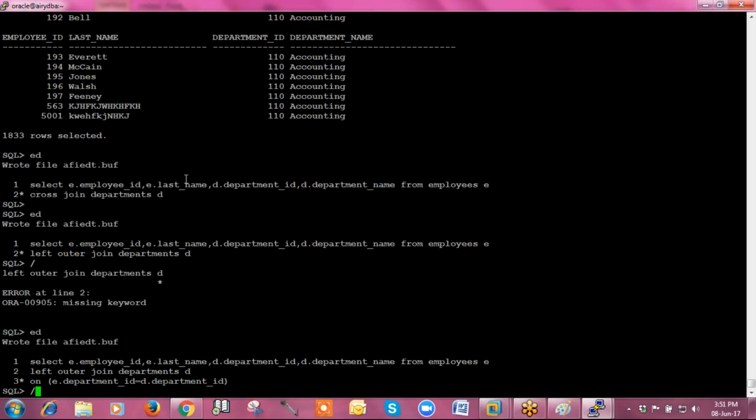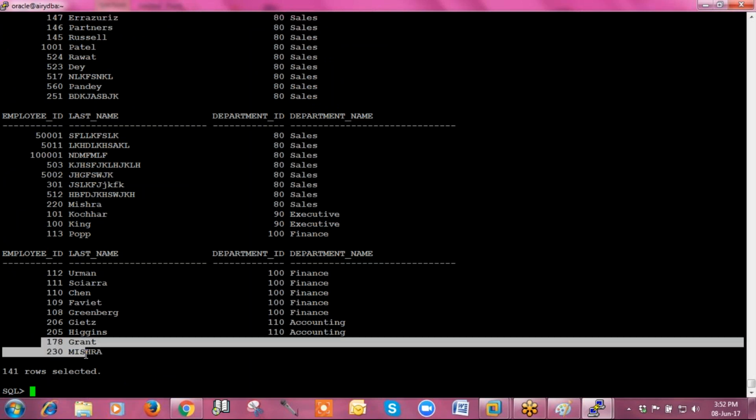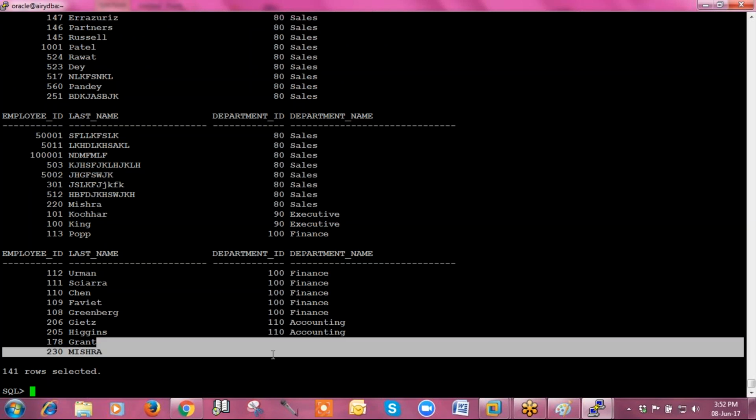So you can see you are getting two unmatched records as well. The corresponding matching record is not present in your departments table. Got my point? So I'm getting all the rows of the left-hand table, matching and unmatching, and only the matching records from the right table.